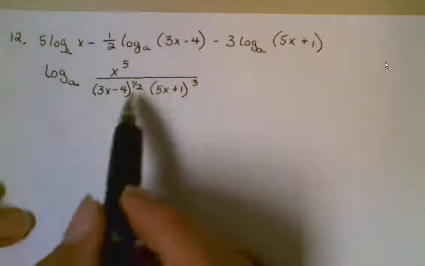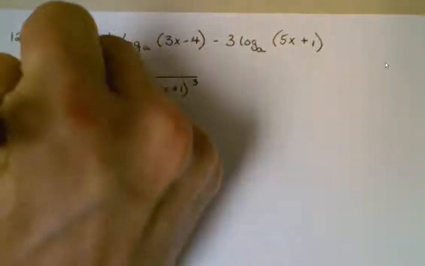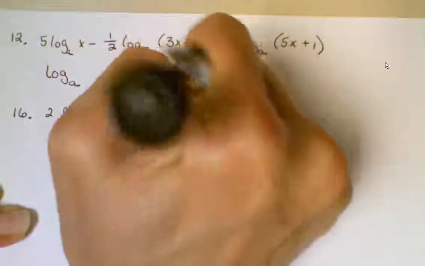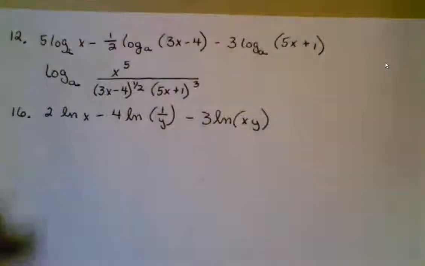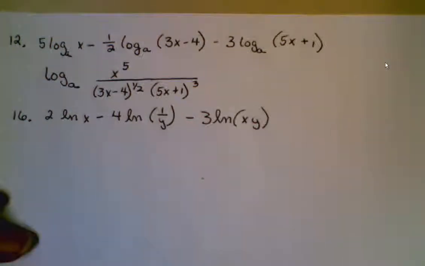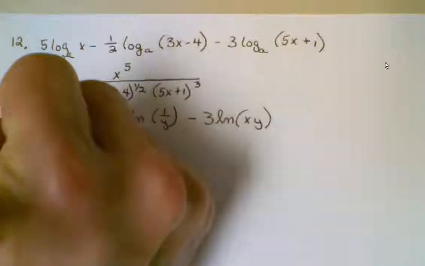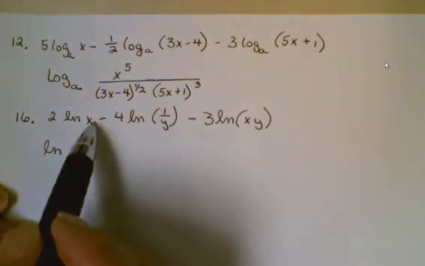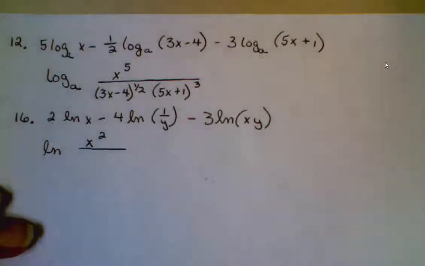Sometimes I have to clean up this argument, but there's nothing to clean up in number 12. Let's look at number 16. I can put that together as a single log in just one step. If I put the 2 back as the exponent of the x and put that factor in the numerator because it had a positive coefficient,